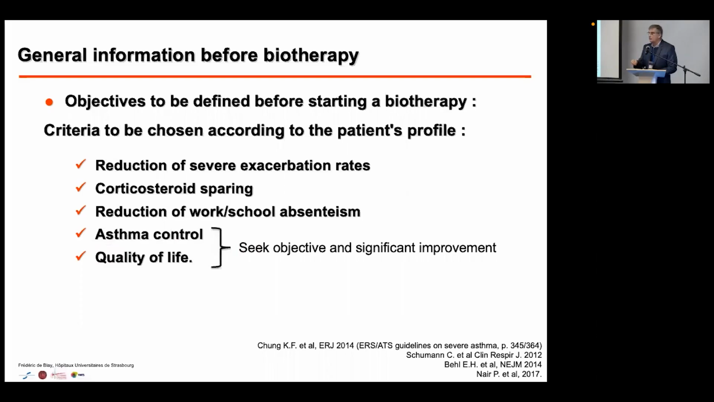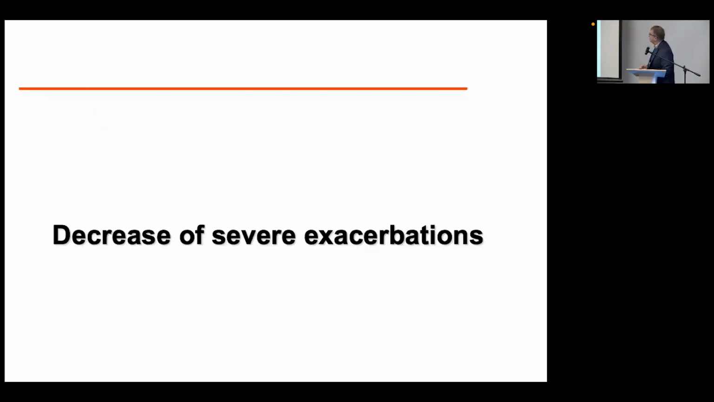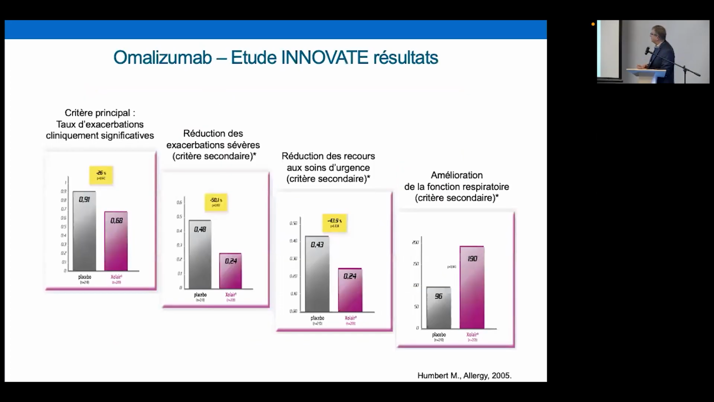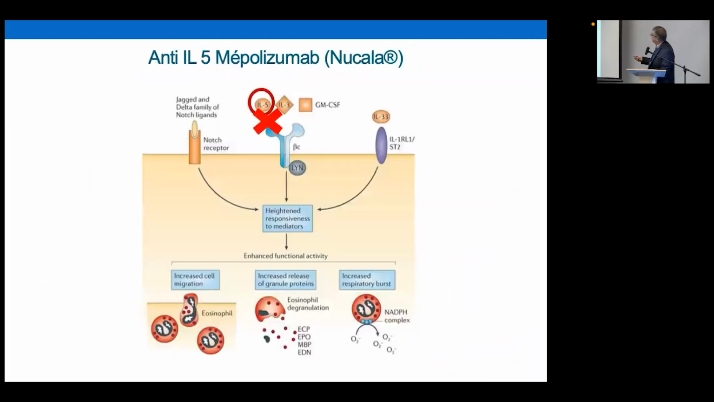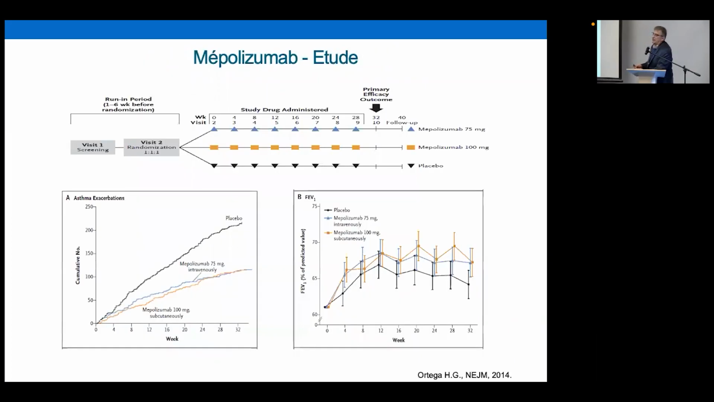You say, okay, what do you want? What are your expectations? So, decrease of severe exacerbation. I will be very fast because you know that this is the innovation with omalizumab. You have a decrease by 25% of significant exacerbation. With severe exacerbation, you have a decrease by 50%, and you have a reduction of the emergency room visits also by 40%. If you look at IL-5, mepolizumab, Nucala, the results were similar. You know, in fact, to be short, because I know the time is running,